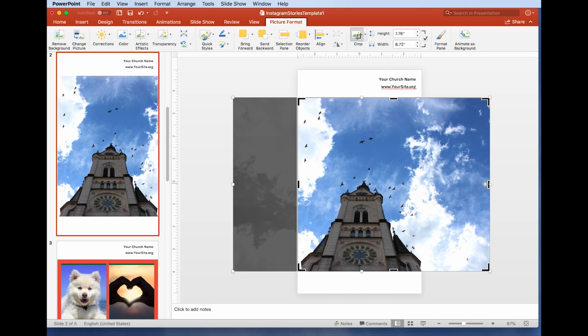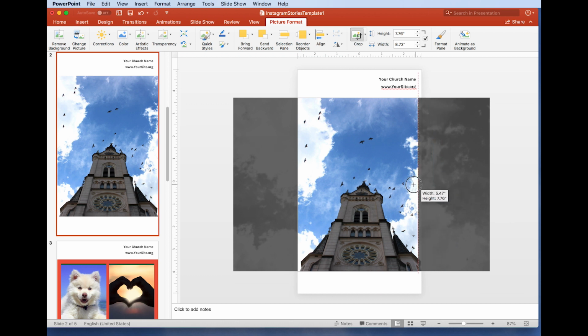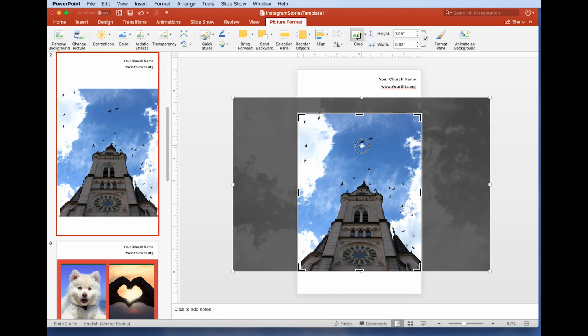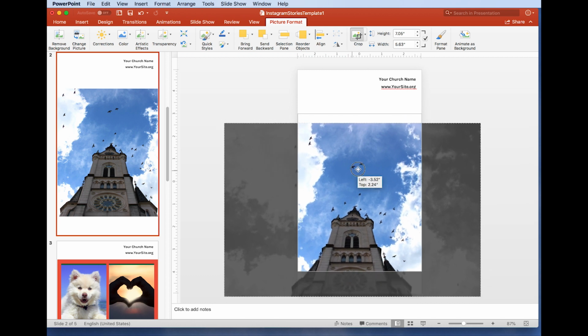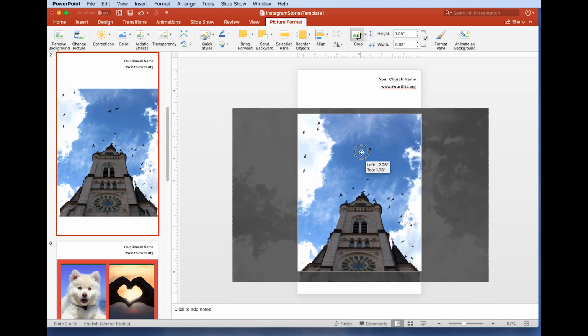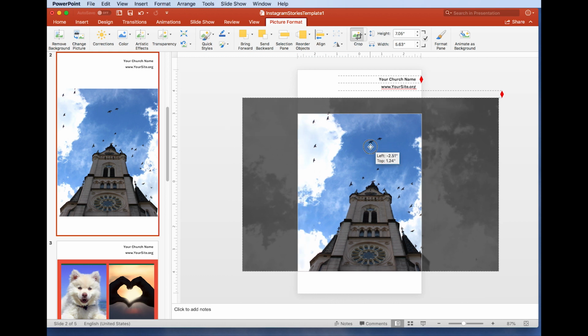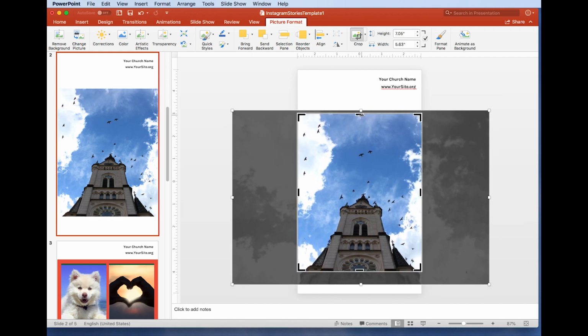Boom. And then do the same thing here. And again, if I went past, I can see, but I want it right there. So you can get it the way you want it. The other thing you can do with this, let's bring this down, I can change the image a little bit in terms of what I want to actually be the focus there. I'm going to put that back to where it was. When you get it exactly the way you want it, and again, I can see a preview over here,